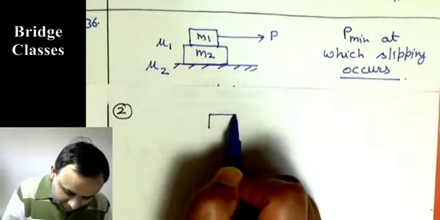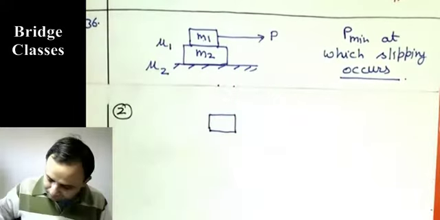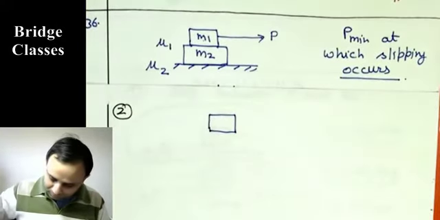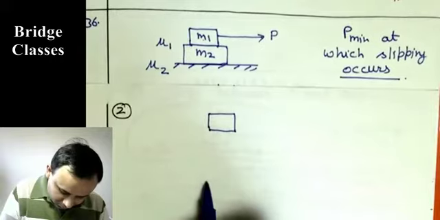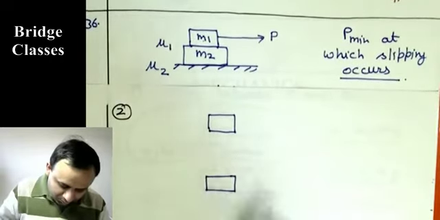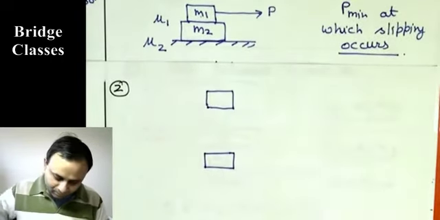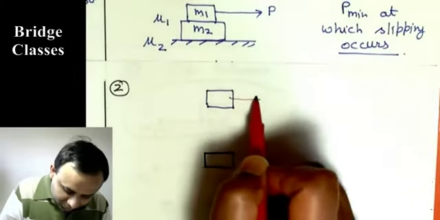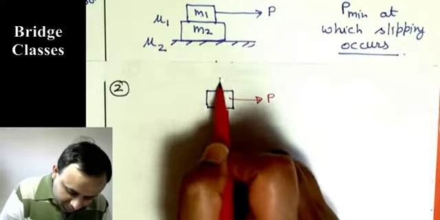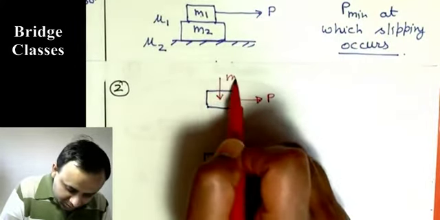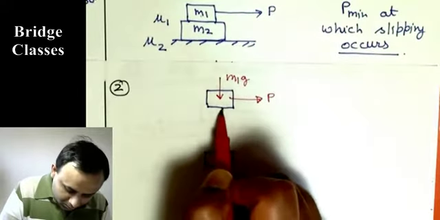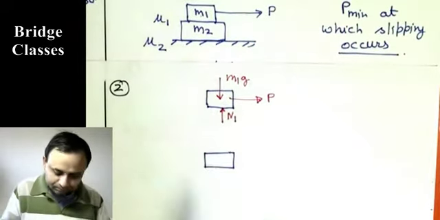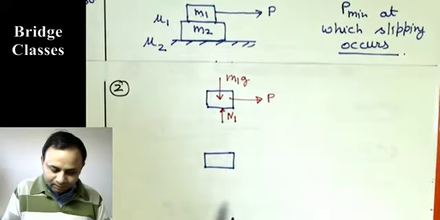So you can draw this like this. These are two bodies, and I'm going to quickly draw the free body diagram. This force is P, this is M1G, N1, and now